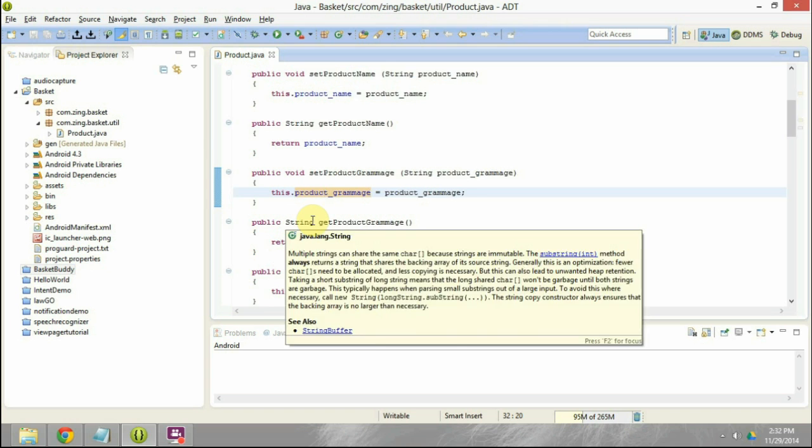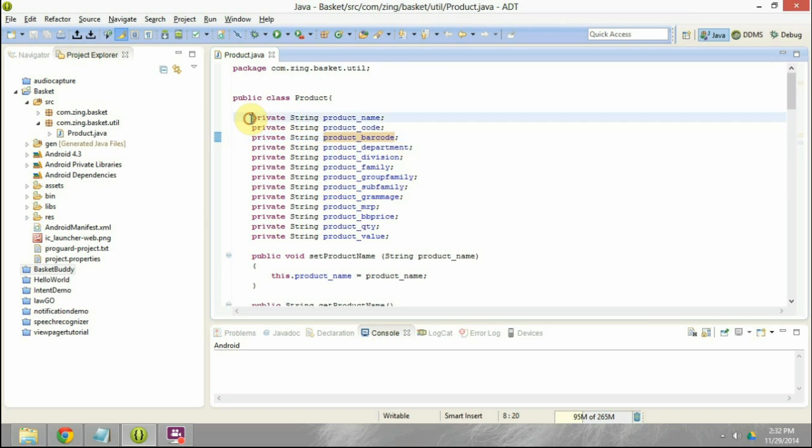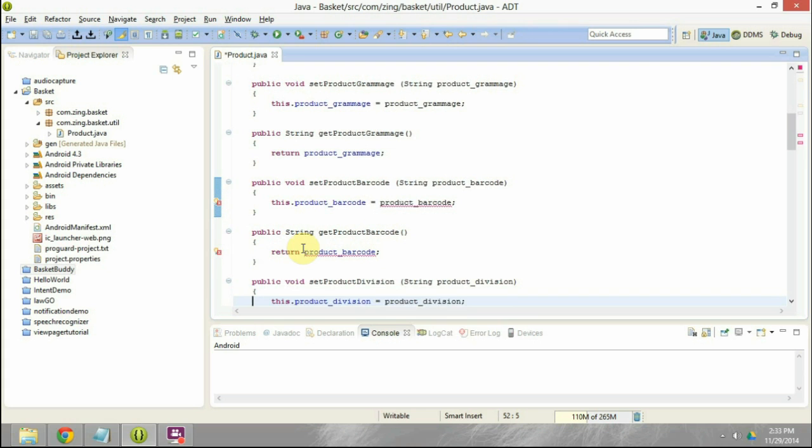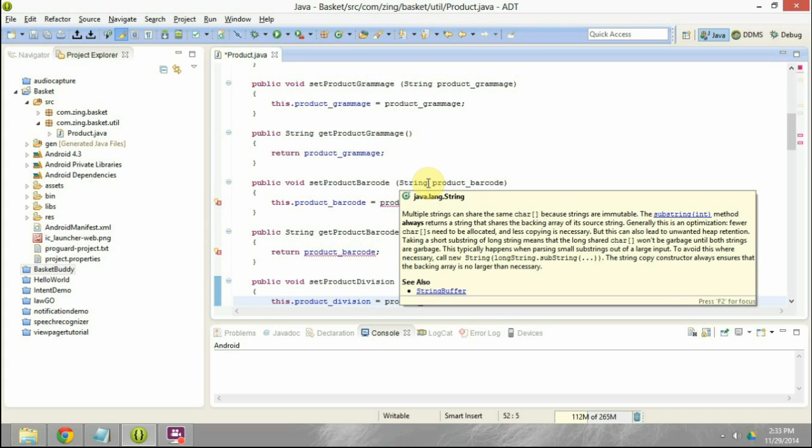Notice that in this particular case all the fields are string. If the barcode is changed from a string to an int, then I have to make corresponding changes in the parameters here, against the barcode. You notice that the parameter which was passed to this function is string.